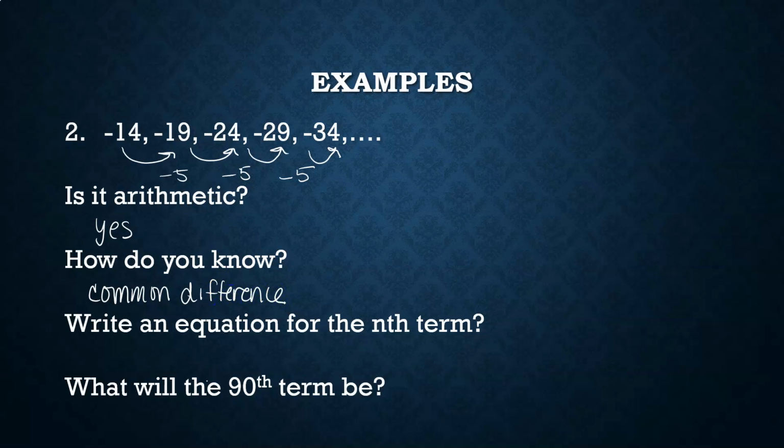So write an equation for the nth term. So we have a sub n equals, my first term is negative 14 plus n minus 1, and my common difference here is negative 5. So what will be the 90th term? So we have a sub 90 equals negative 14 plus 90